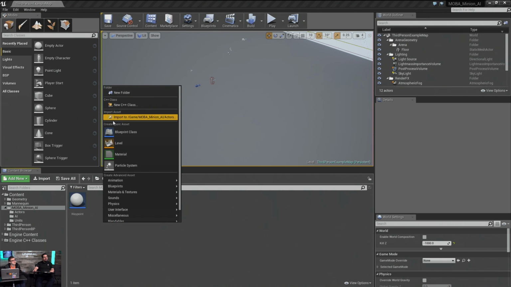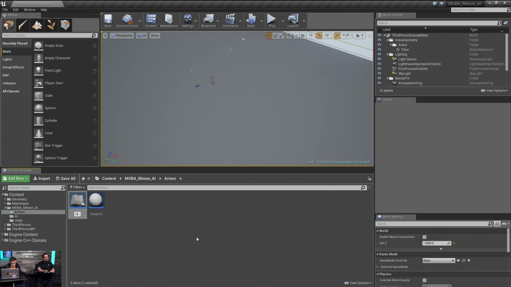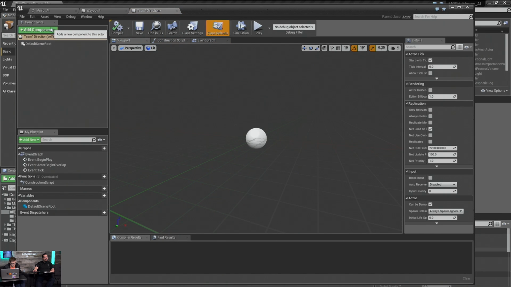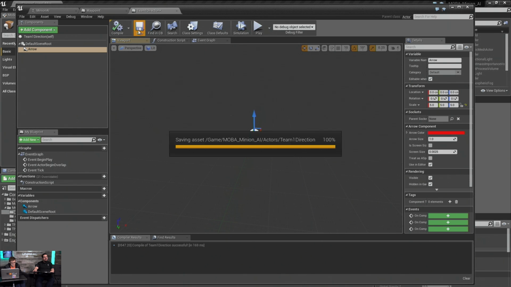I'm gonna create one, hold on. This is gonna be handy later. I'm gonna call it flow our team one direction. And I'm just gonna put an arrow component in it, and that's it. And it's gonna be huge. The biggest arrow component ever. Okay. Just gonna set it to like 5s. File, save.